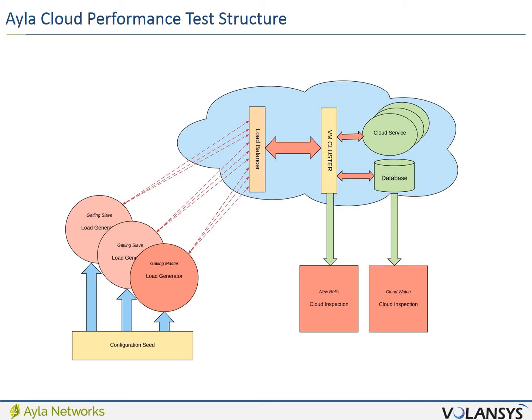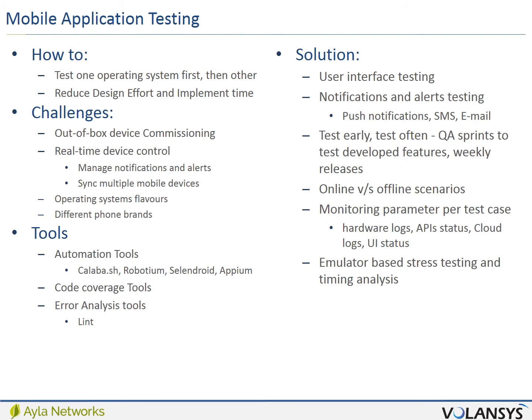Thanks, Ron. So let's talk about mobile application testing. Compared to traditional mobile application testing, an IoT mobile application requires a specific type of attention. Largely it is because it involves interacting with the real devices. So performance matters to control those real devices, as well as from the user experience point of view, it really depends on how good and how easy the user experience is for the end user.